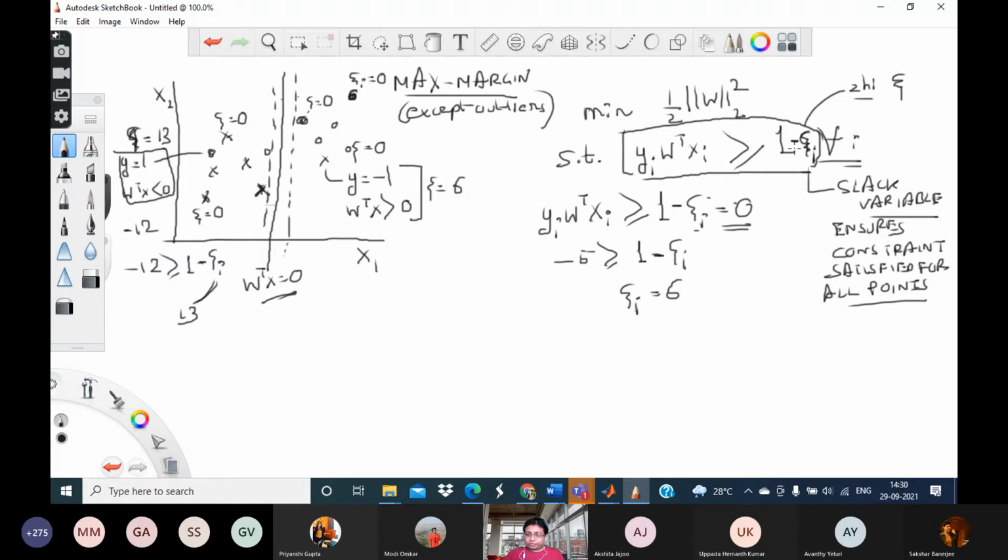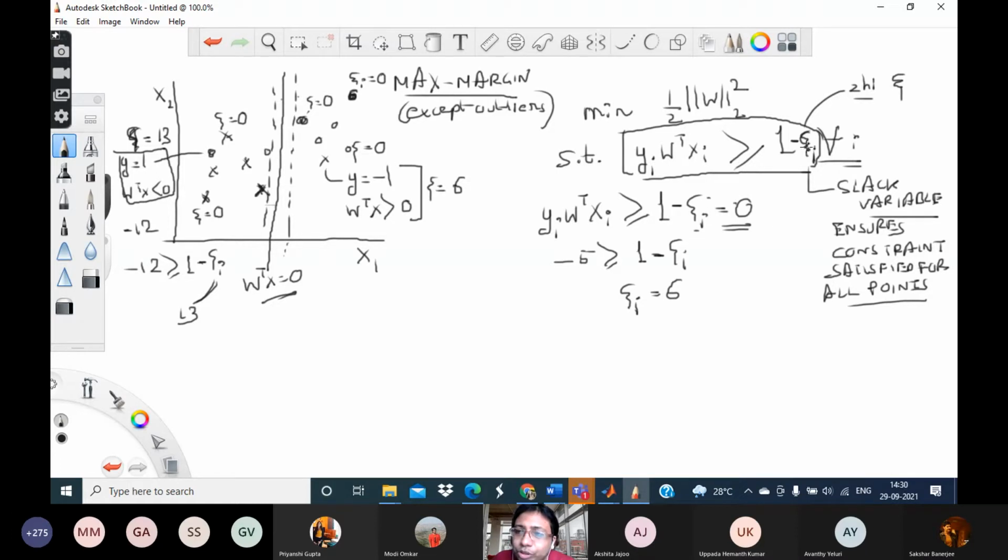Now of course for most of the points the xi i's are going to be 0 as usual, but there will be some points for which this particular classifier is not going to classify correctly, and for such points I can compensate by adding a certain value of xi. So these xi i's are called slack variables. Why slack? Slack basically means loose, not strictly enforced.